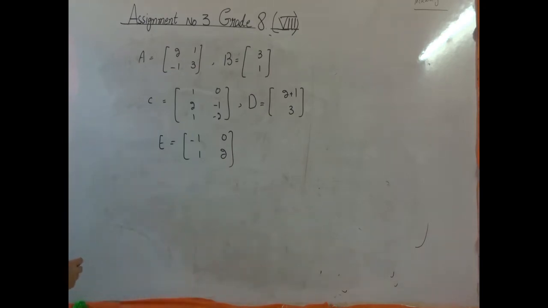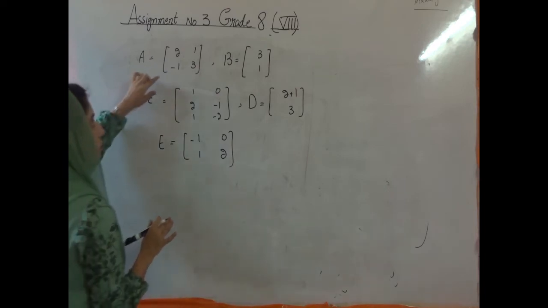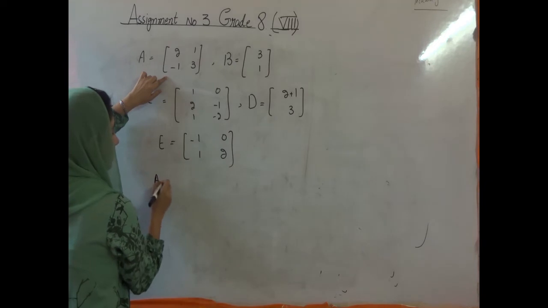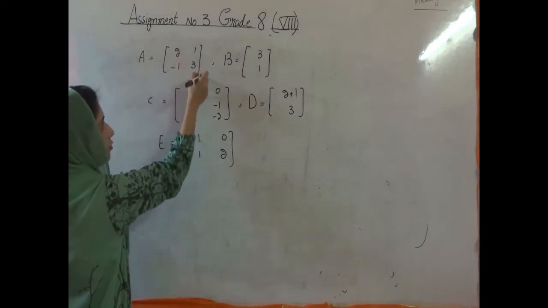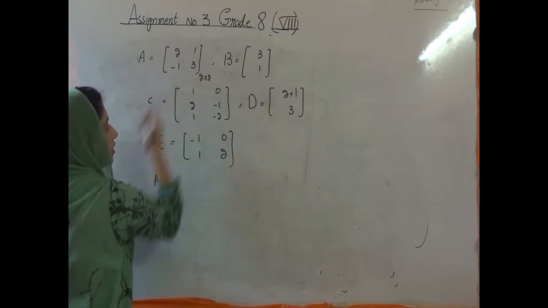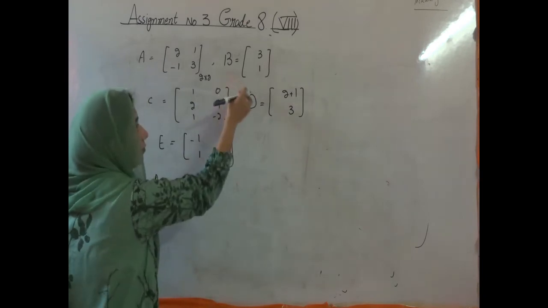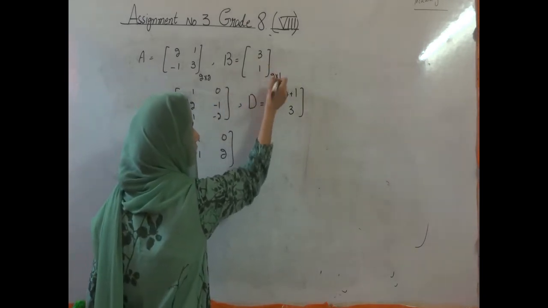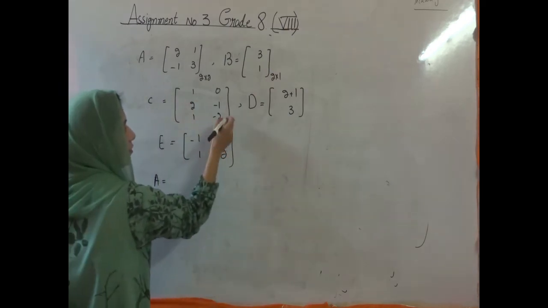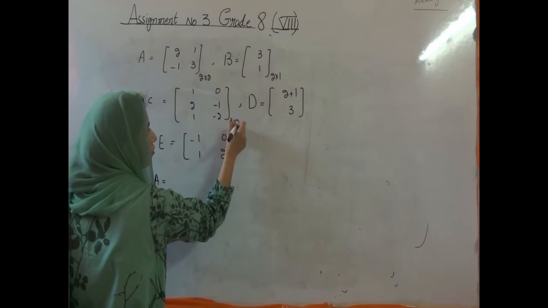Okay, as I already told you, we can add two different matrices, but the order of those matrices must be the same. First the matrix of A. Look at the order of matrix A. How many rows are here? 2. And how many columns? 2. So the order of matrix A is 2 multiplied by 2. And the order of matrix B, how many rows? 2. And how many columns? Multiplied by 1. Okay, and then the order of C. How many rows? 3 and then columns 2.